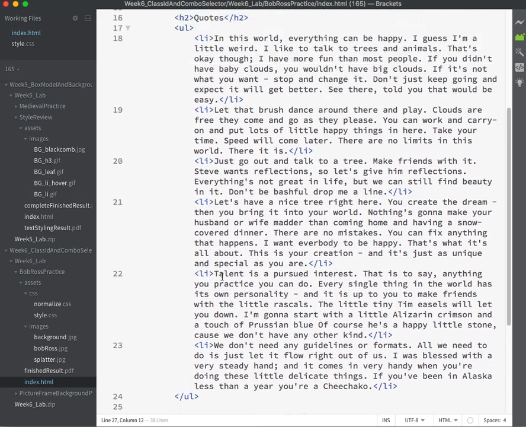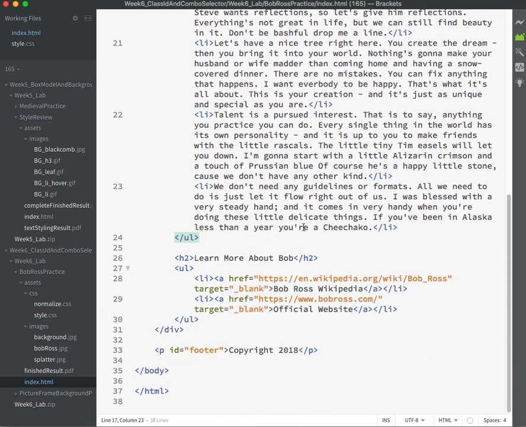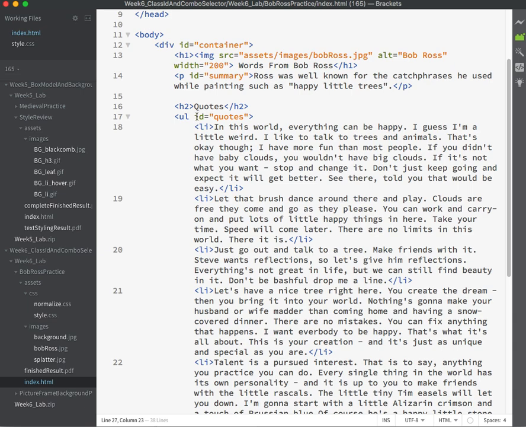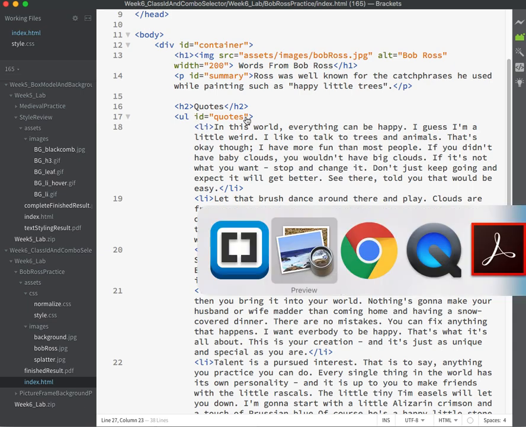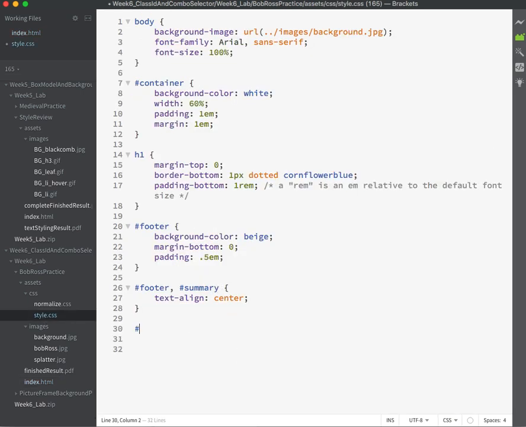So I had better ID them. Or I could class them. I can think of good reasons to do each, but well, since I've been doing IDs for the moment, I'll stick with IDs for the moment. Okay, so that quotes UL, quotes,